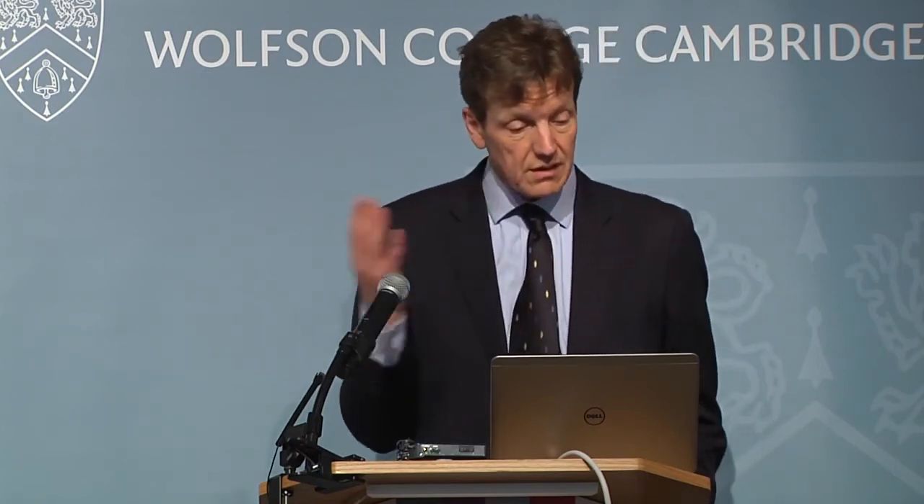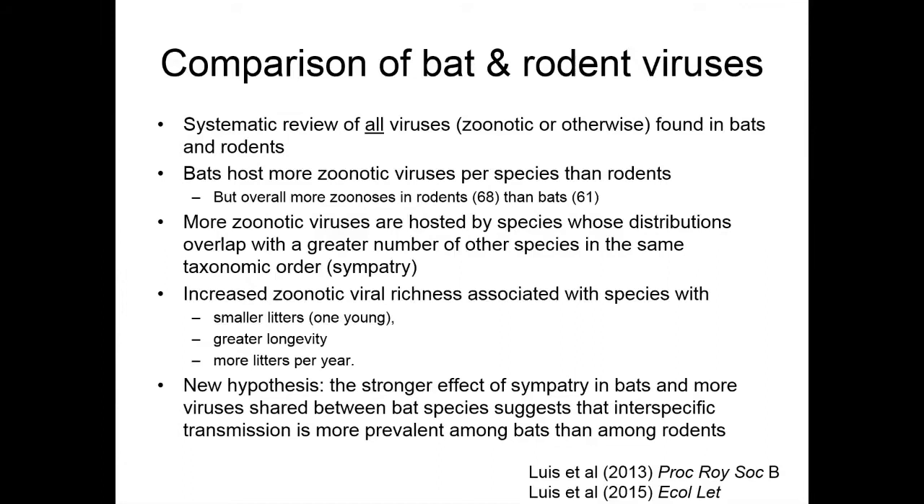The rats and mice found in the many different species in the rodent group are actually the more common hosts of more viruses. But what's interesting, I think, and probably very, very important in terms of understanding persistence and transmission, is that you get more zoonotic viruses hosted by species who are overlapping geographically with lots of other bat species,